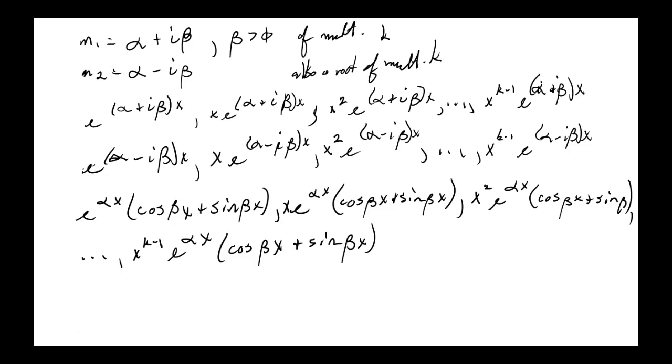Now, it says here, of course, the most difficult aspect of solving constant coefficient differential equations is finding roots of auxiliary equations of degree greater than 2. Sometimes we can try to test the auxiliary equation for rational roots. Recall that in precalculus math, if m1 is p over q, a rational root of the polynomial equation a sub n m to the n plus a sub n minus 1 m to the n minus 1, all the way down to a sub 2 m squared plus a sub 1 m plus a sub 0 equals 0,